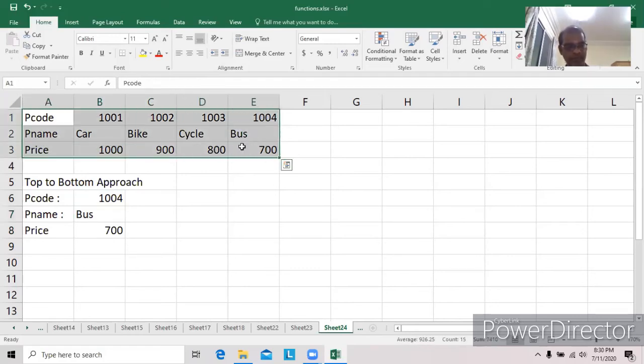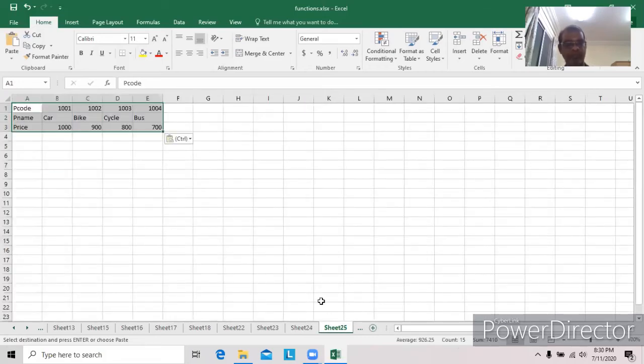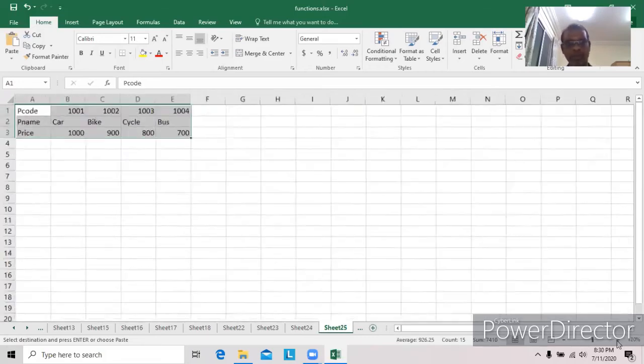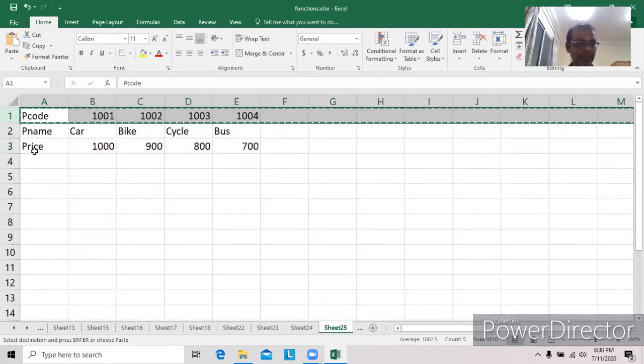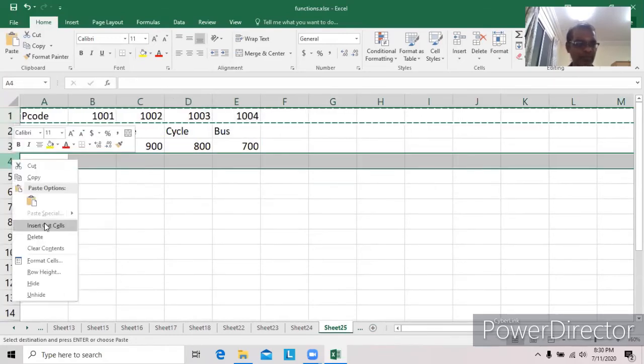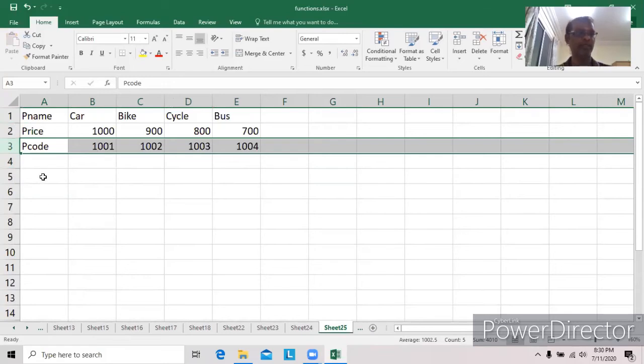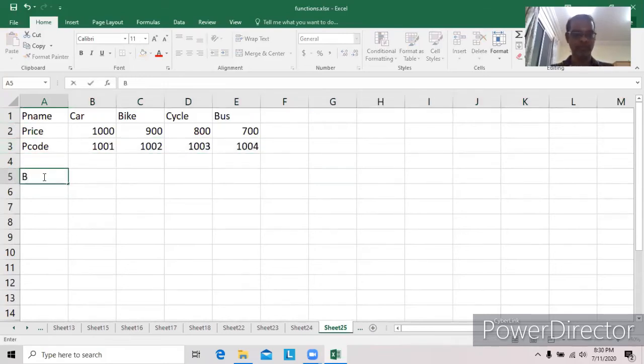Fourth case, please select this one. This is the bottom to top approach.